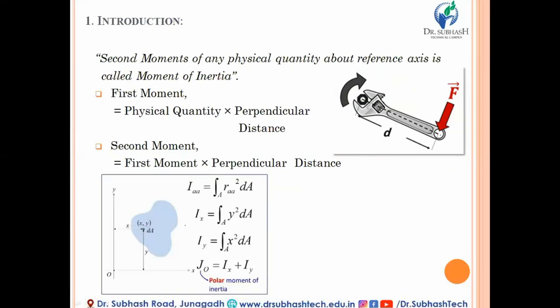So over here, suppose you require to calculate the moment of inertia about this axis, that means the x-axis, then it will become Ix. And here the area is equal to dA, and the multiplication will become y into y, that means dA into y square. Similarly, you can also choose the y-axis and calculate the moment of inertia about the y-axis in a similar manner. So this is the moment of inertia concept.